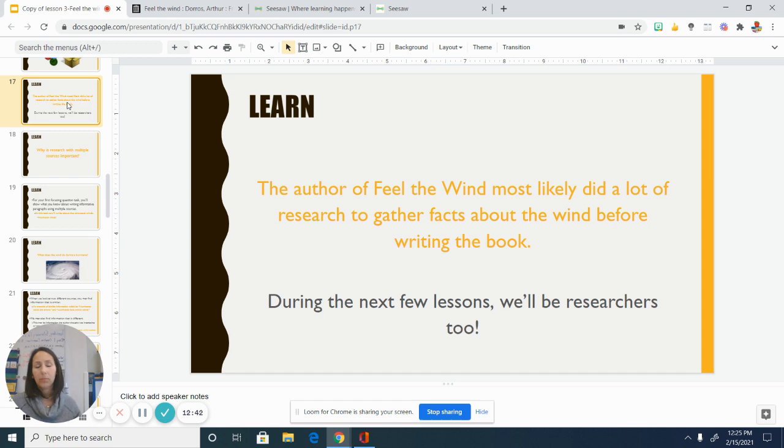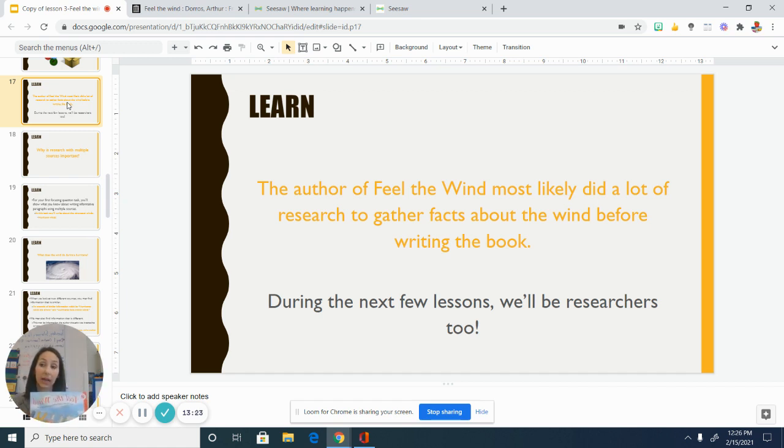When I gave an example, I believe, of cooking a recipe, I might find the recipe online, but then I might also need to look up something about a certain ingredient that I'm not familiar with. And then I might also try to find a video that walks me through how to make the recipe or how to do a part of the recipe. And we said that, when you're trying to learn something new, you often will look at more than one source. And that's a place for getting information, whether it's a book, an article, a website, a video. Those are all sources. So the author had to look at many different sources to get all of this information